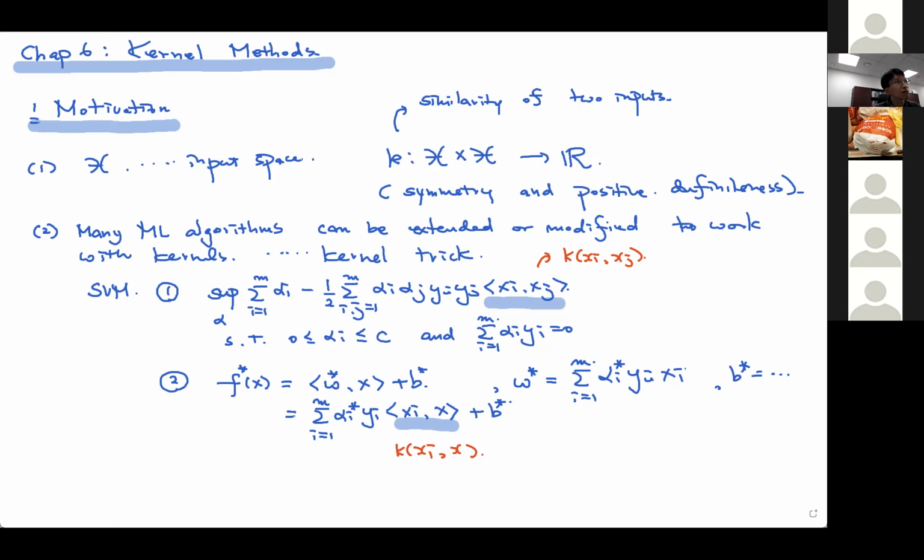There is something called the representer theorem, which doesn't directly tell us that many machine learning algorithms can be generalized using the kernel trick, but it indicates that similar kernel versions, or kernel generalized versions, can exist and be applied for many machine learning problems. Okay, so the first point about the kernel is that it allows us to generalize the